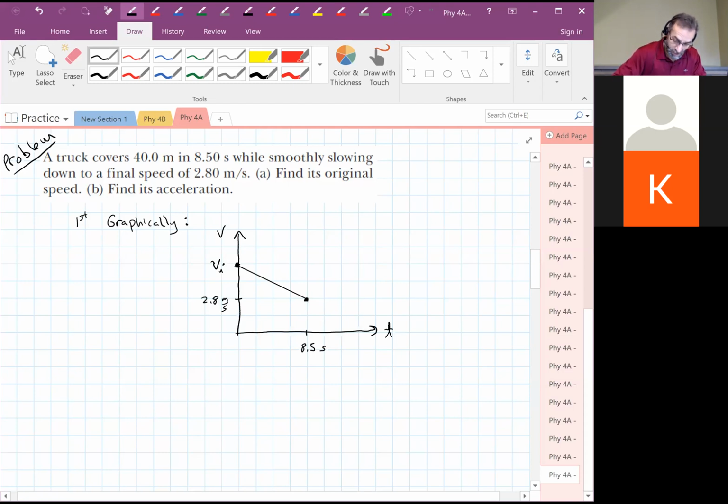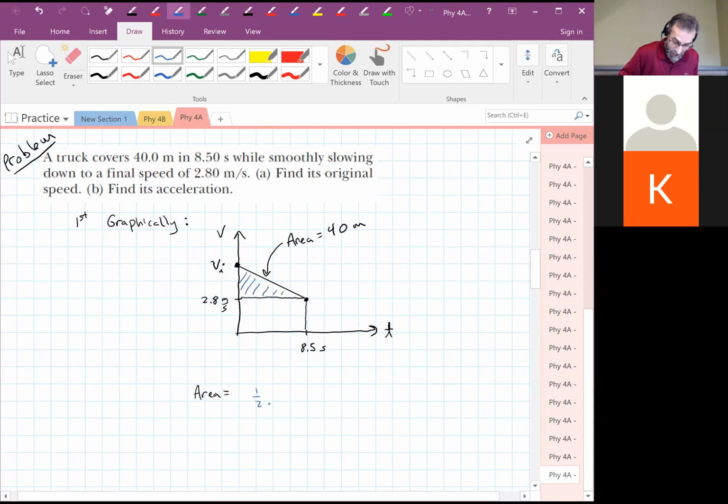So there's our graph. I'm just going to separate this so I can find the area easier. So we've got velocity versus time, and we know that it spanned a distance of 40 meters. So the area under this curve has to equal 40 meters. So let's figure out what the area is. So we have a triangle there. I'll break it up. I've got the top part here